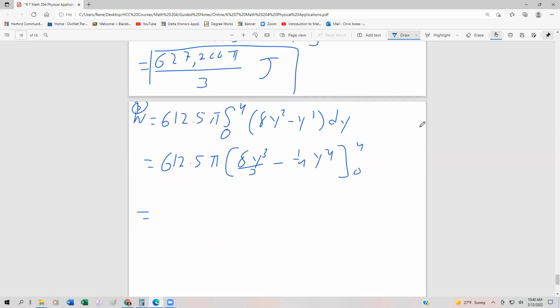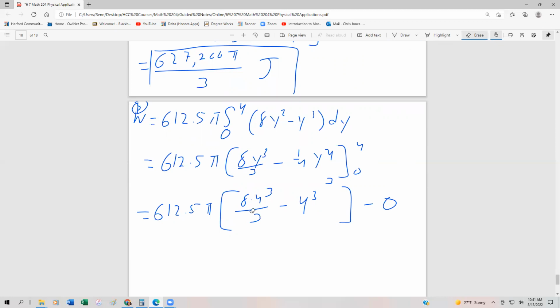And then this just becomes our 612.5 pi, 8 times 4 to the 3rd over 3 minus 1/4 4 to the 4th minus 0. All right, now, this is actually pretty cool because we have a 4 to the 4th over 4, so we could actually cancel one of these out and make it into 4 to the 3rd, just to simplify it. So this would be minus 4 to the 3rd,